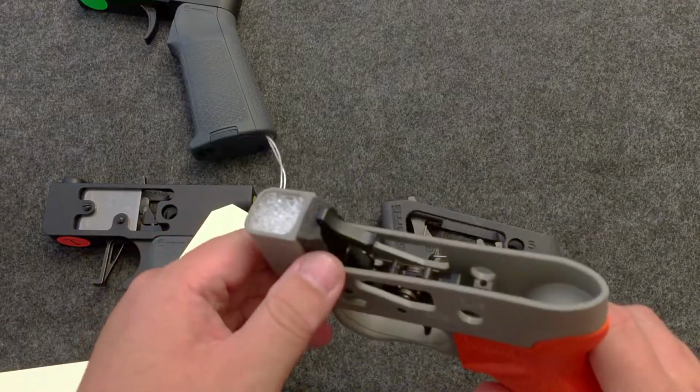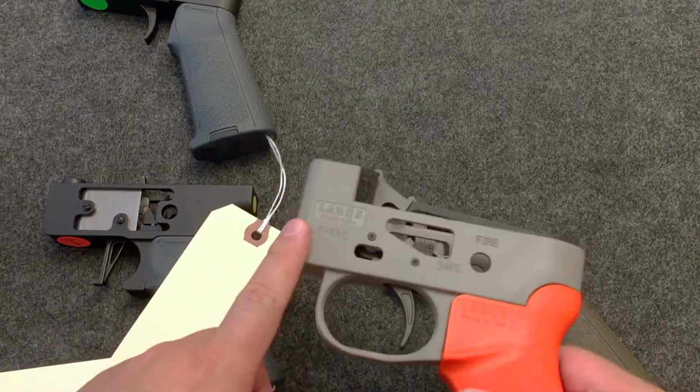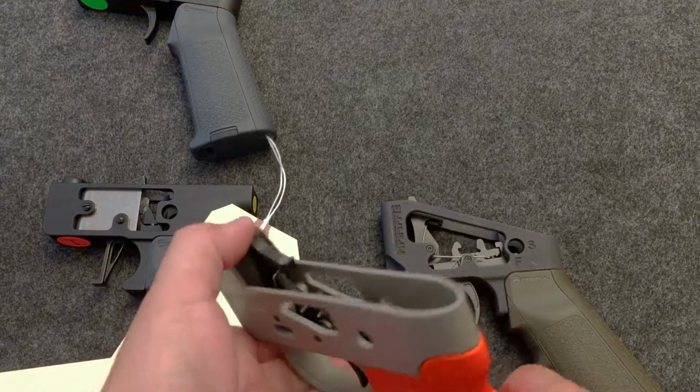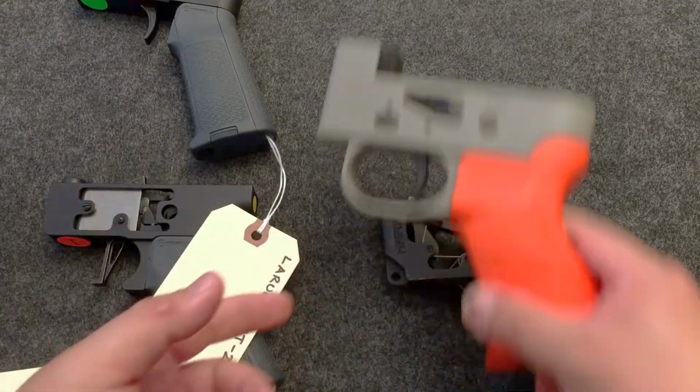So yeah, I tried my best to fix this one, couldn't do it, so I'm probably not going to keep this one. I got another one. You get them free with the MBT trigger sometimes on sale. So I'm not really bummed that I didn't pay for this, but...